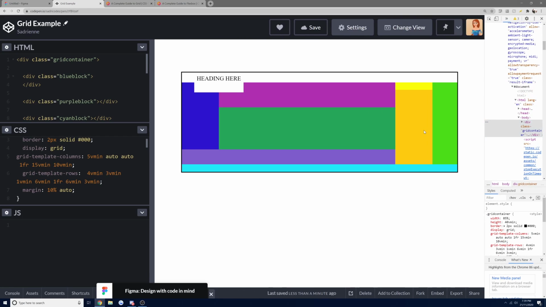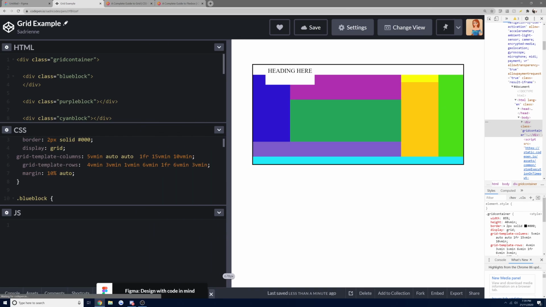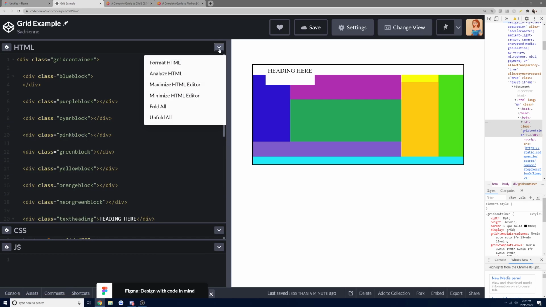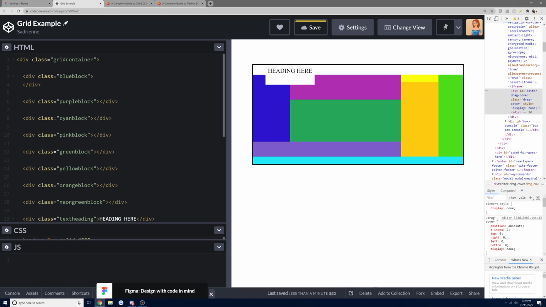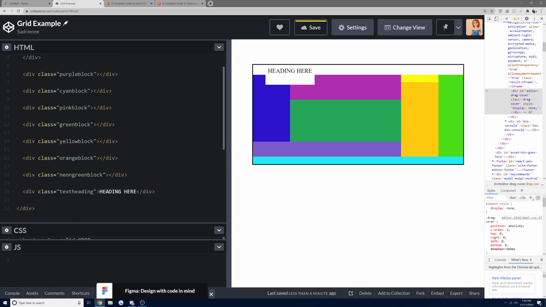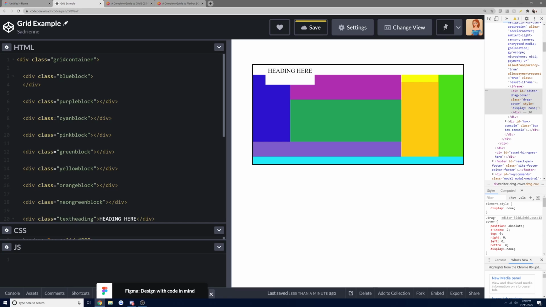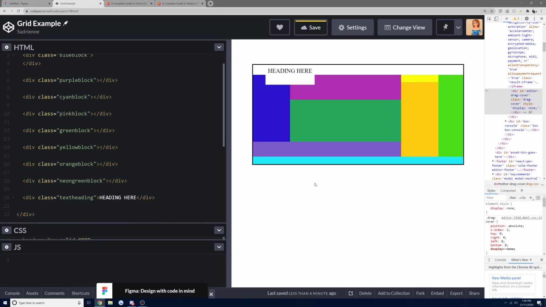I hope that you've learnt something today. I've certainly learnt to remember to put display grid on the container. But yeah, going back through the HTML, we've got the container, which is where we set display grid, and then all of the children inside it, just as loose divs. And there's so many good things that you can do with this,